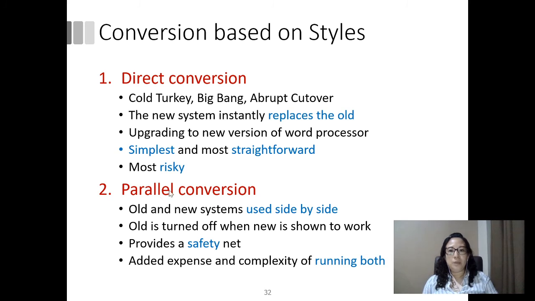But when we do the parallel conversion, it means that the old system and the new system are used side by side. So for the time being, for example, we define, okay, for the first 3 months we will use the old system and the new system together, and then later on we can compare whether the result is the same or not. Okay,